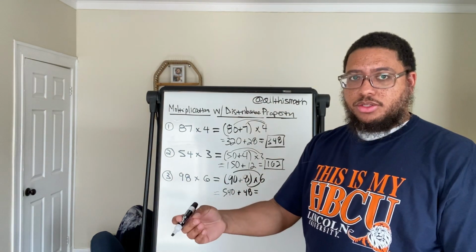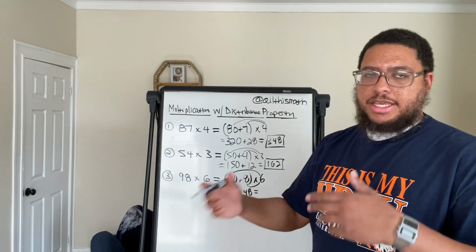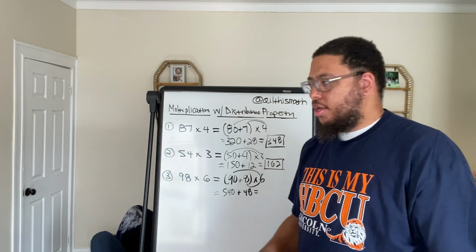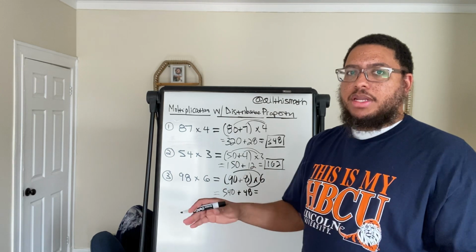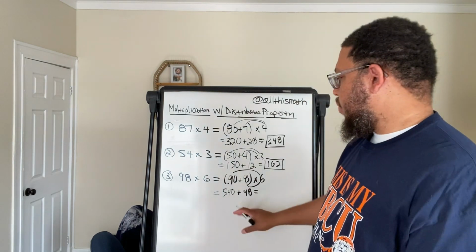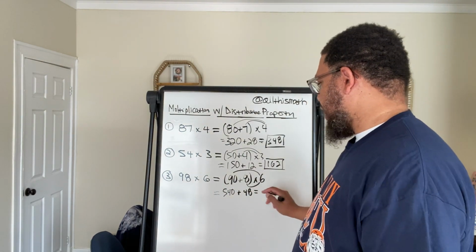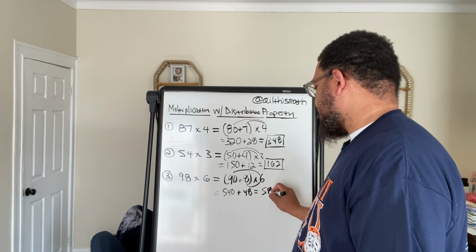58 with a 0 attached to it. You see how we keep doing that? That's that same cheat code. We keep using it over and over again. When you have a 0 at the end, that makes the math a lot easier, all right? So we got 580 plus the 8 is 588.